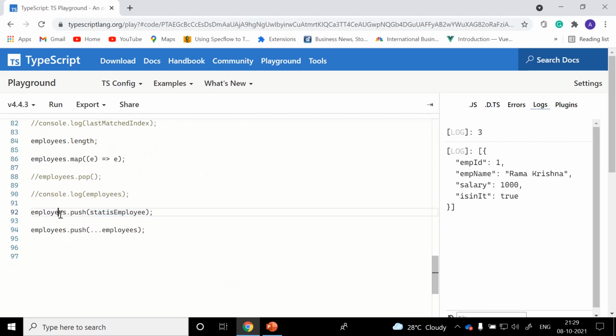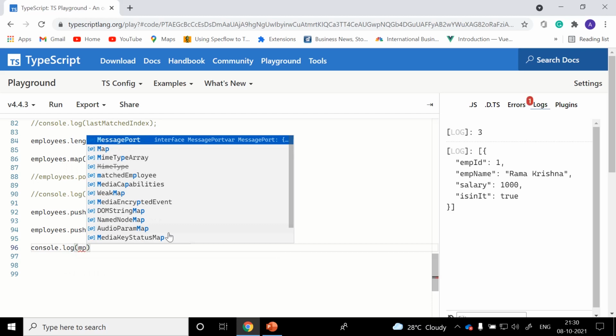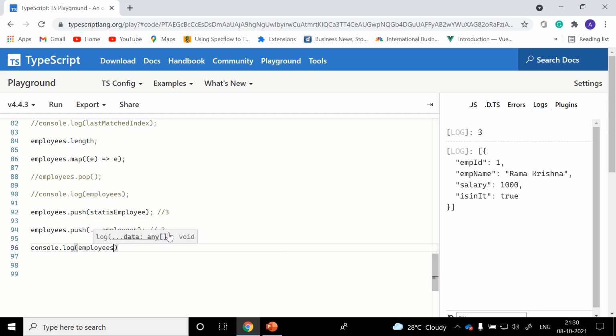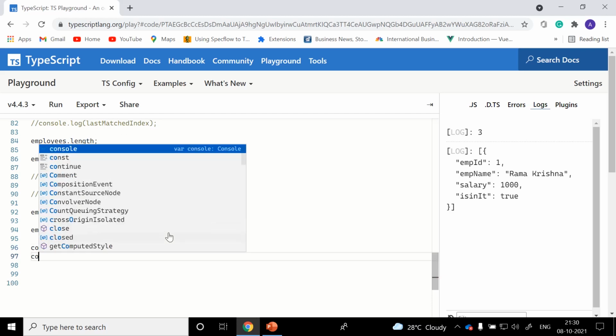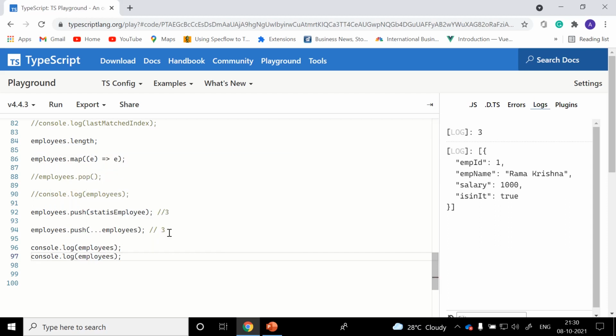Totally we have 3 elements, and we pushed 3 more elements. Totally we should have 6 elements in our employee object, and the length should be 6.